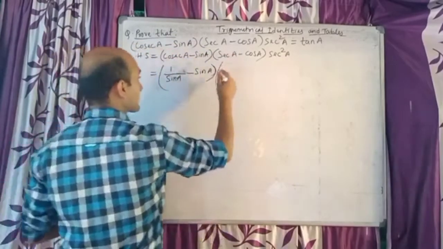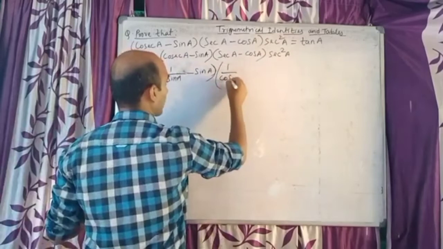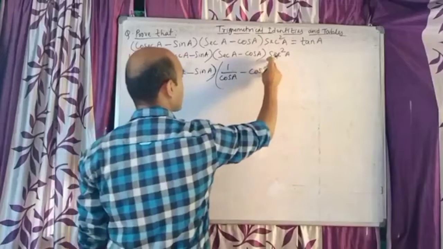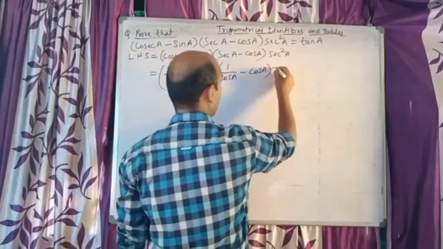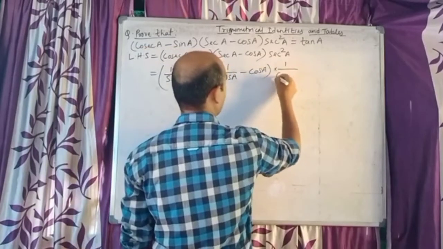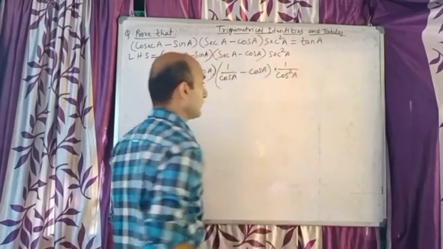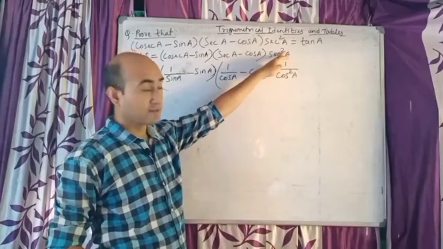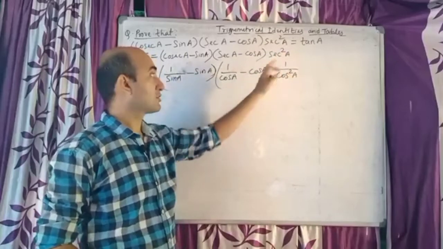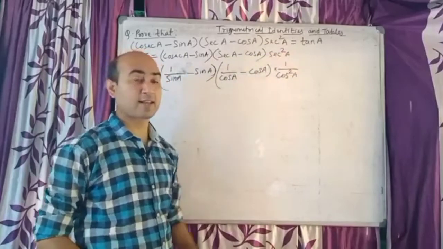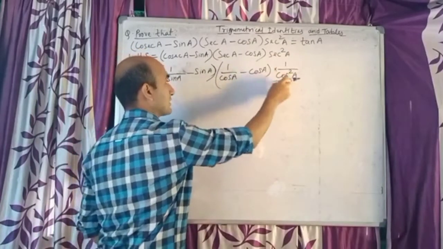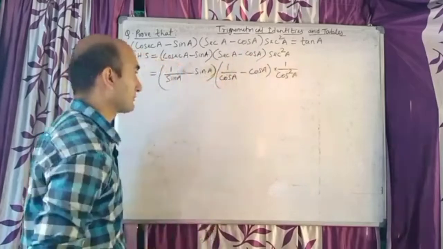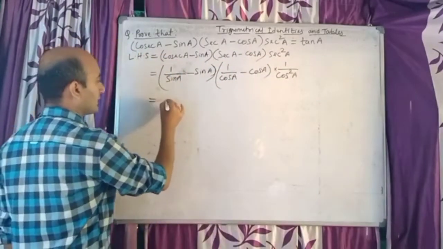Okay, so sec A I will write as 1 by cos A, and cos A I will not convert, I will write it same. Same thing, sec square A, I will convert it as 1 by cos square A. Now sec A is 1 by cos A, but if there is a square here, then you should use square here also. So sec square A is 1 by cos square A. So try to understand the meaning of this. There was a square, here also I have a square. Okay. Now do the LCM.